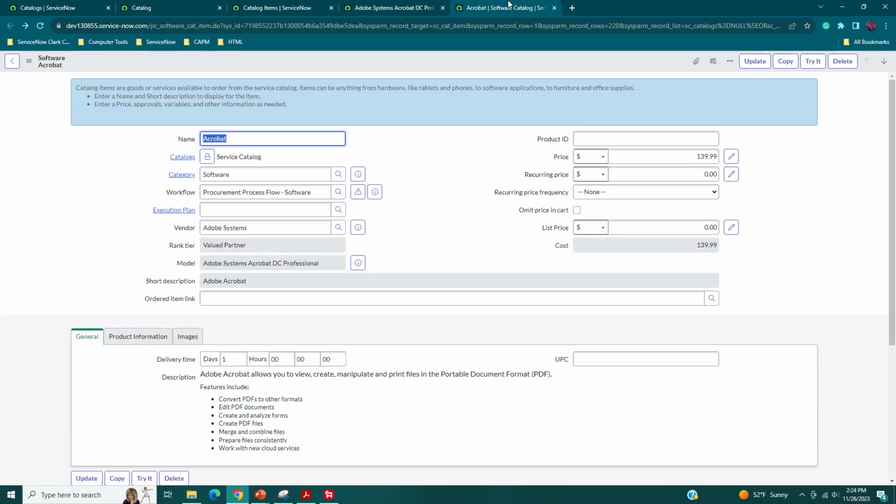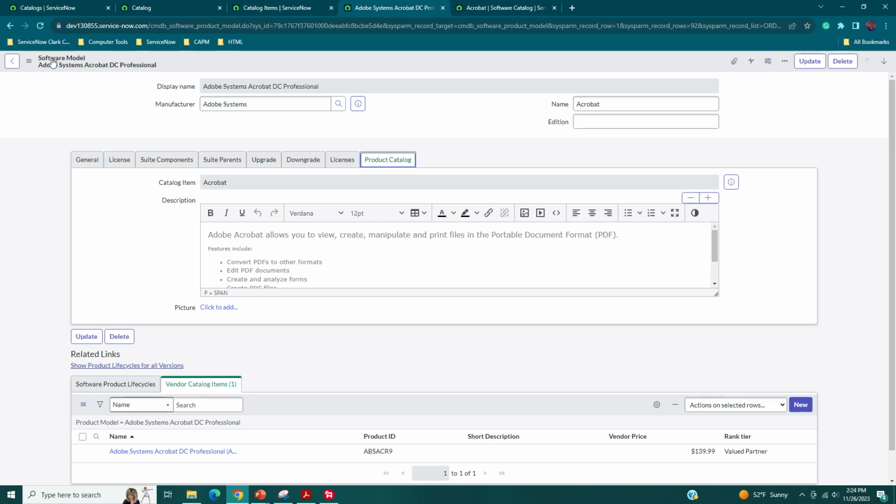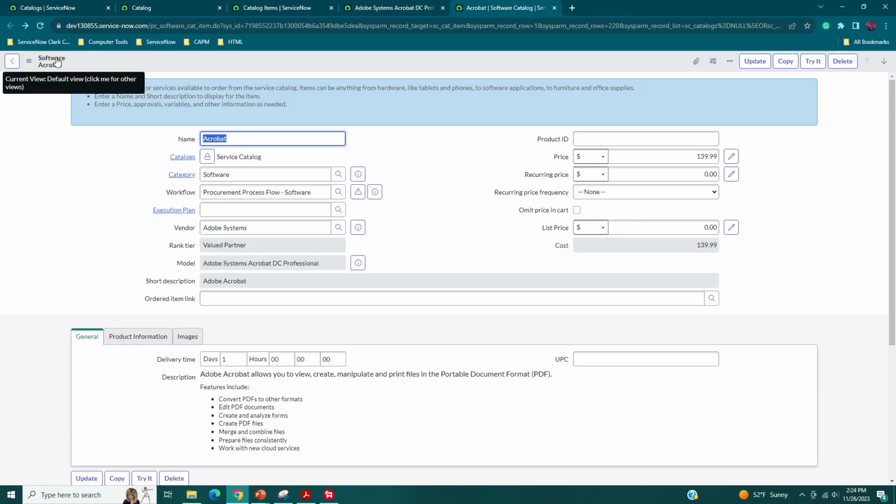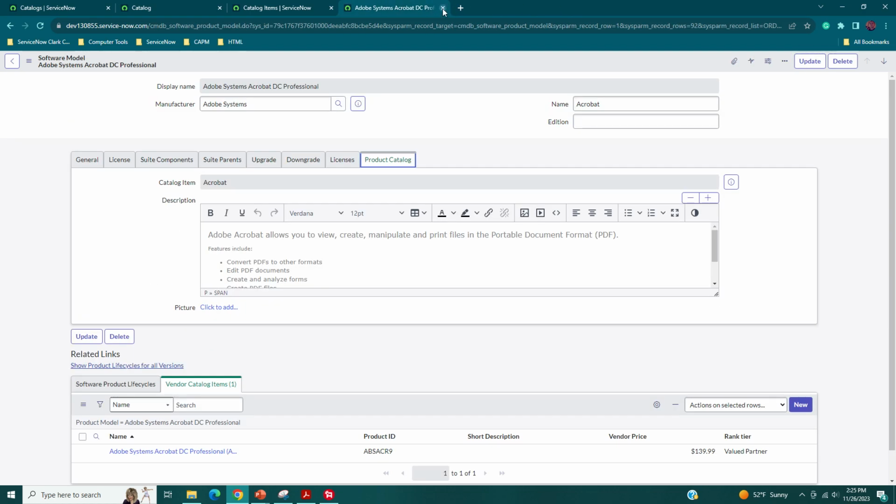So this catalog item record was actually created from this software model. And then it's classified as a software item. Right up here, software catalog item. So it's actually saved under that table. But what we did is we actually just created